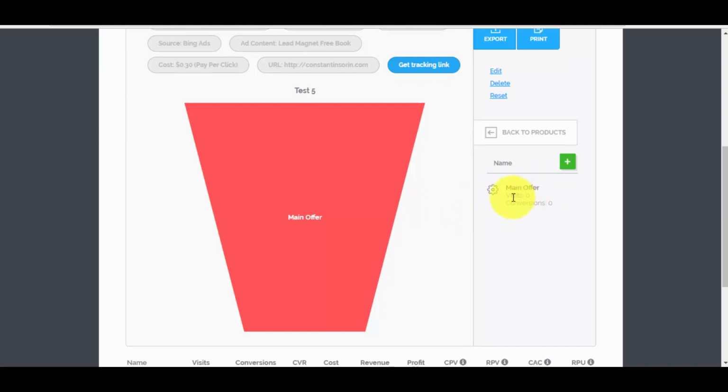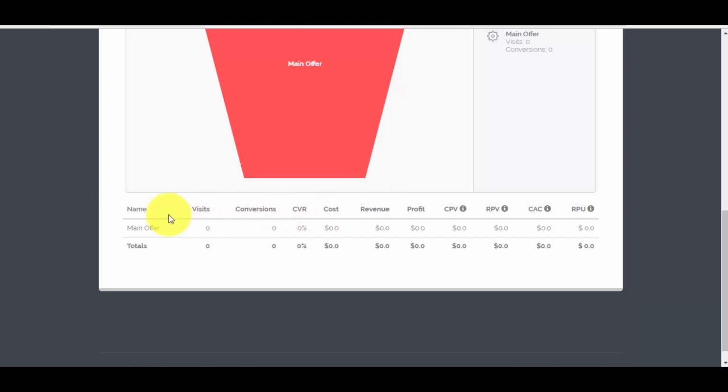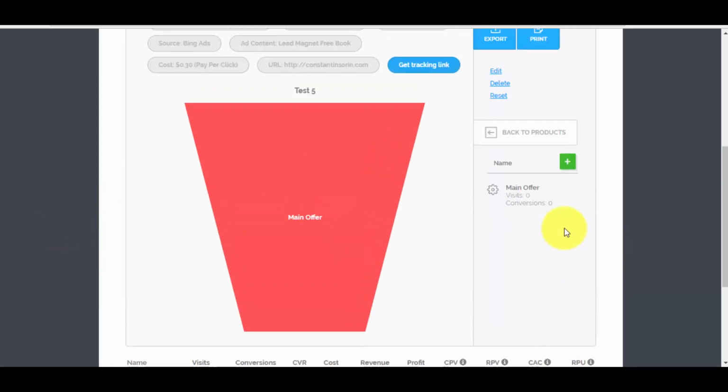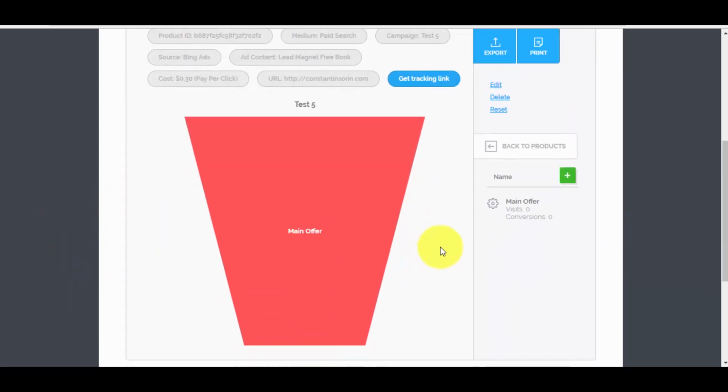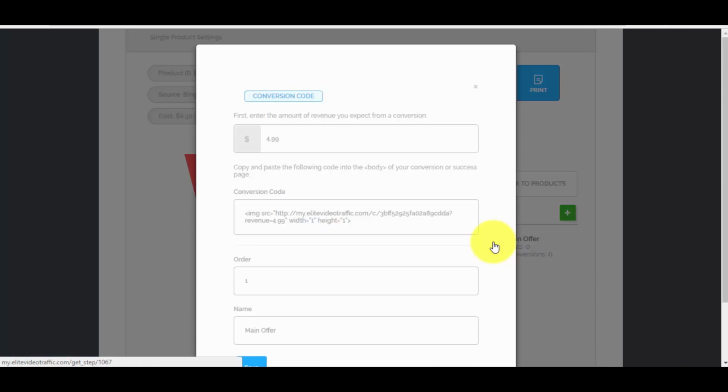Main offer, you can see that we have visits 0, conversion 0 at the moment. Let me just scroll down. You can see that here you have all the stats, and I will show you an example of how this works later. Now you can see that you have a small settings icon here, like a small cog, right? If you click on this one, you will be able to get a conversion code so that you can track